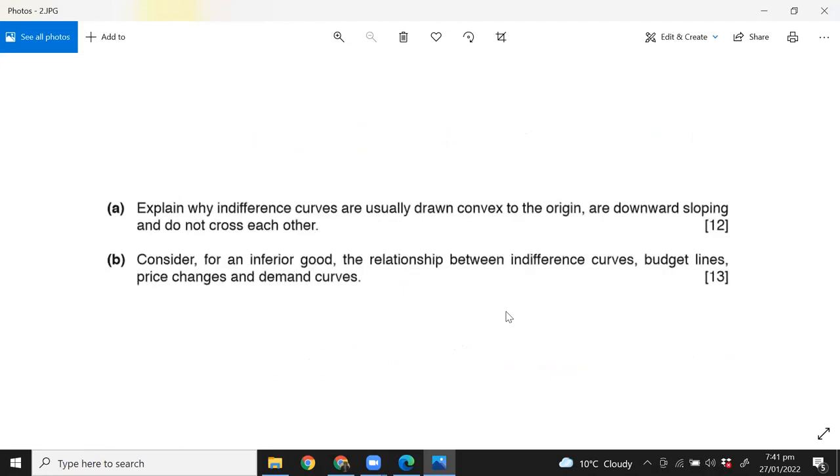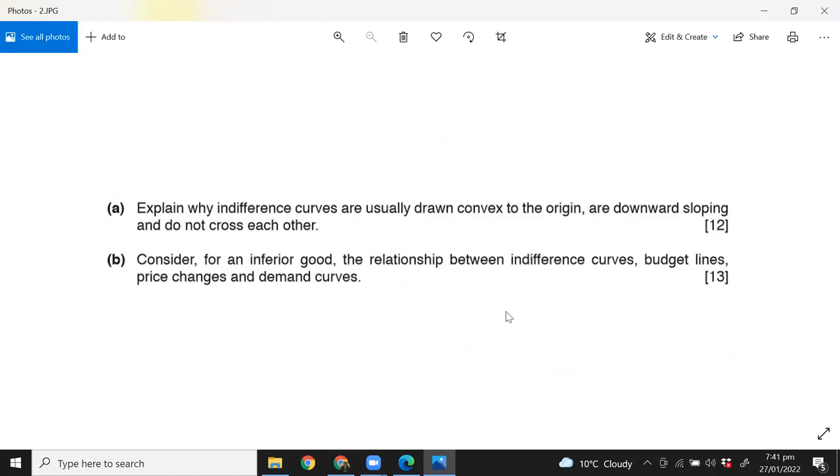Okay, so let's do this question, right? So let's do the A part, and that will help you better understand what indifference curves are. Now the question here says, 2A, explain why indifference curves are usually drawn convex to the